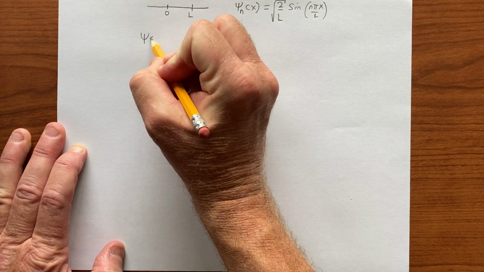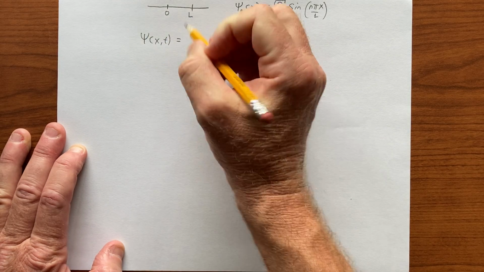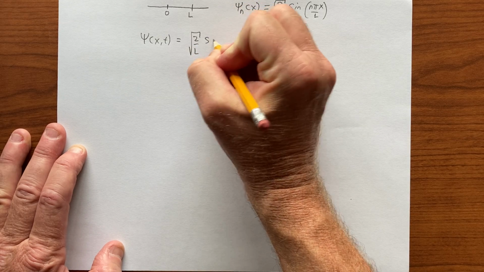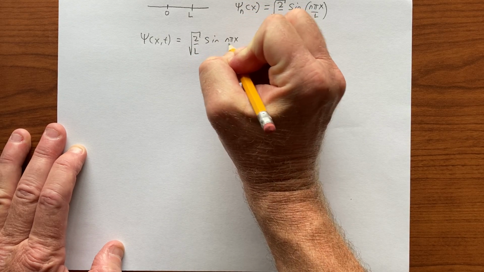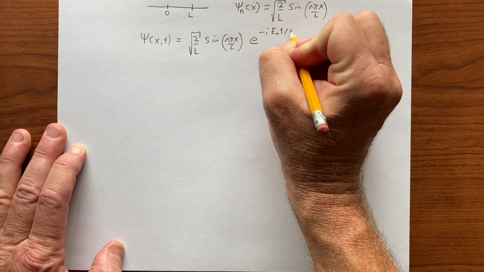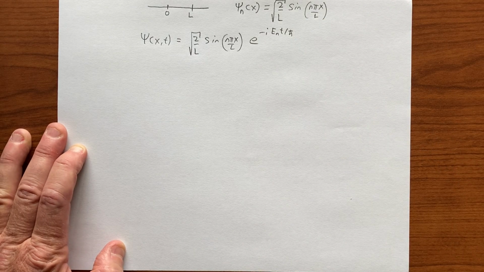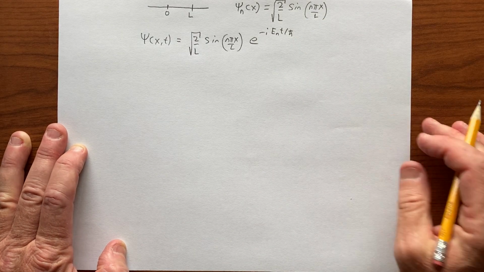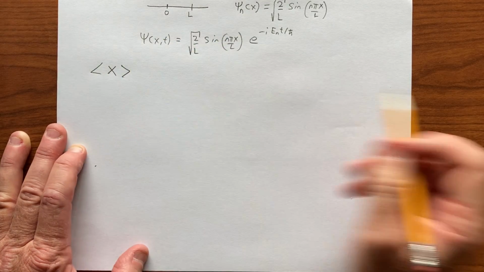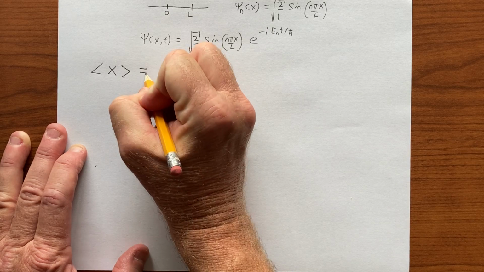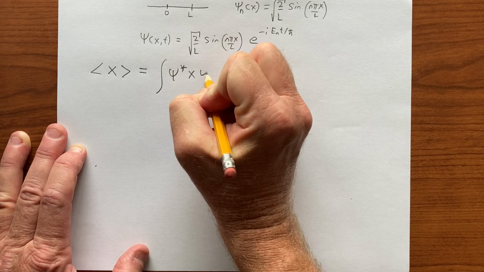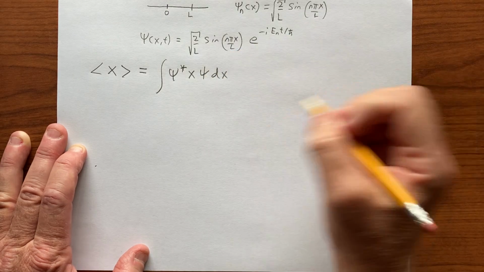So, of course, psi of x and t is given by that, and let's imagine that we want to find the expectation value of the position in such a state. Of course, this would be the integral of psi star x psi dx,